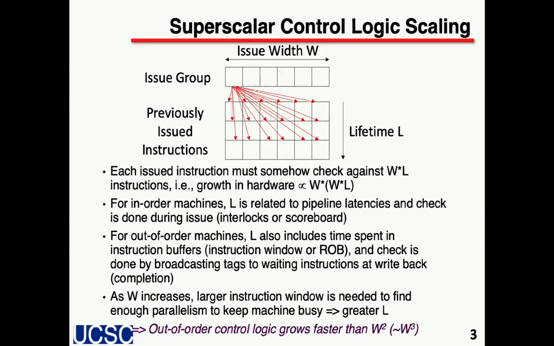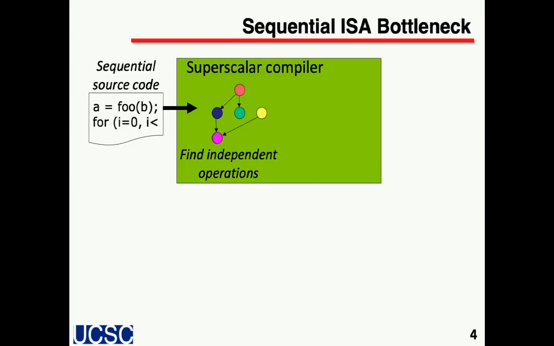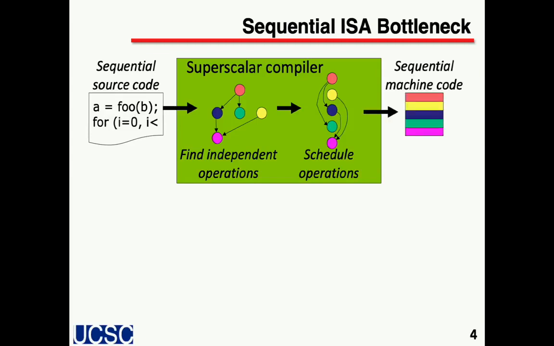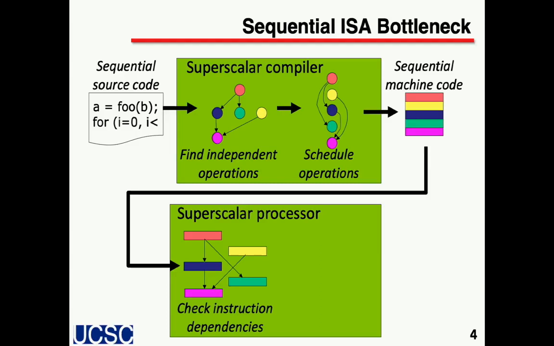So we brought this all together, and it's actually a pretty interesting process. Our code is written by a programmer. The compiler creates a graph to figure out what's independent and what's not. It has to pick how to schedule things, and it does its best. Those get compiled down into assembly and then machine code. Then that's given to our processor, which has to look at these dependencies and determine what can be done in parallel. And so in this particular example, remember from last Monday,